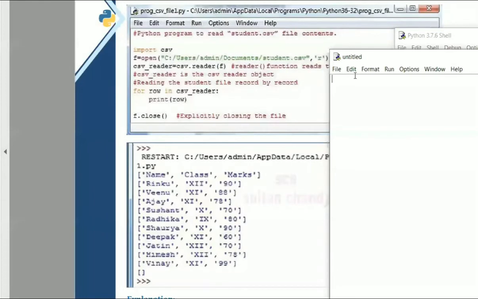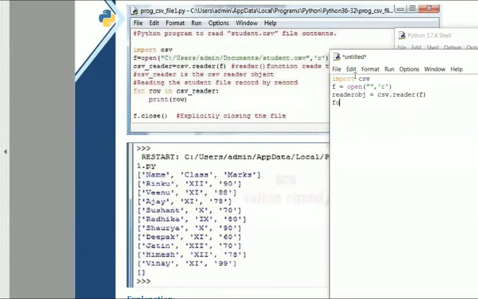First line is going to be import csv, and then we'll be having the file handle to be opened. Let us give the path here, comma, I'm opening it in the read mode, and then I'll be having a reader object, which is equal to csv, the package available from which I'm invoking the function called reader, and f is going to be the file handle.